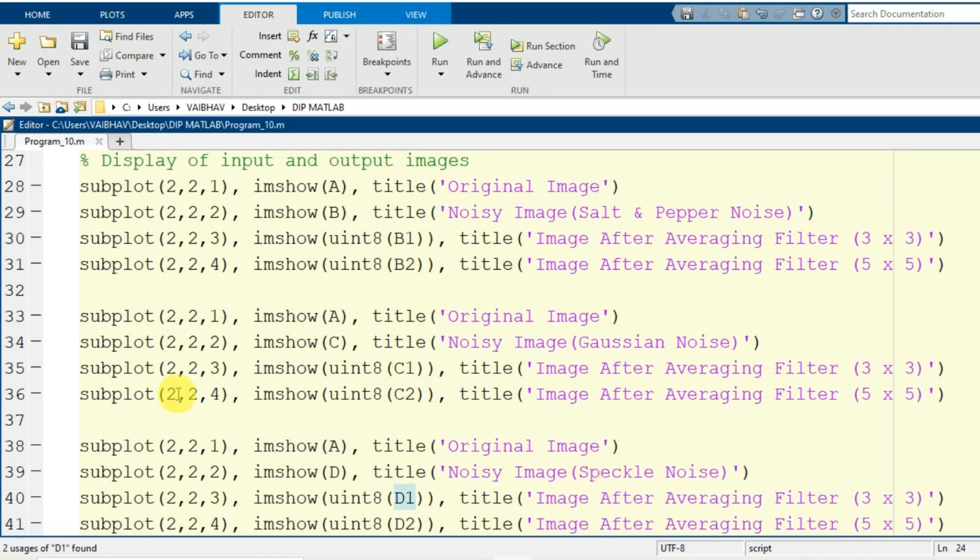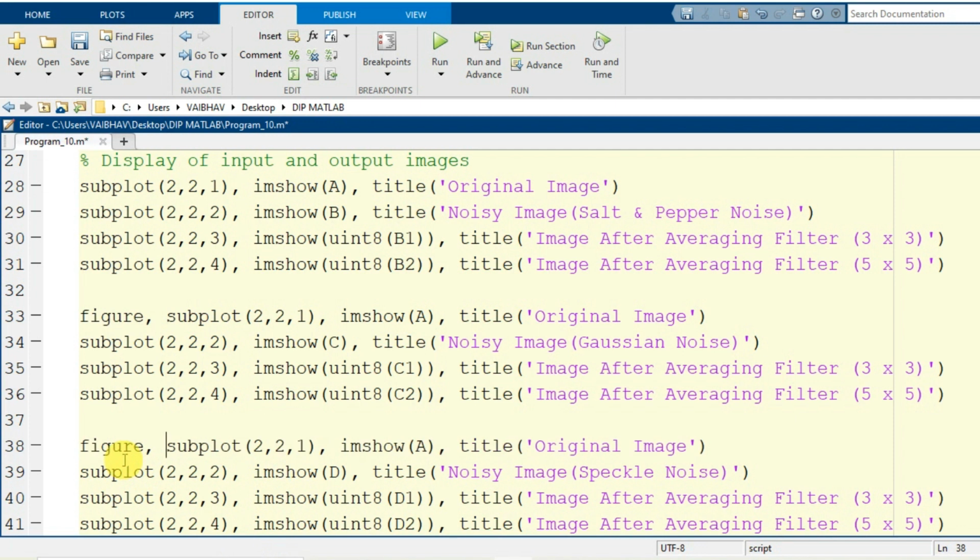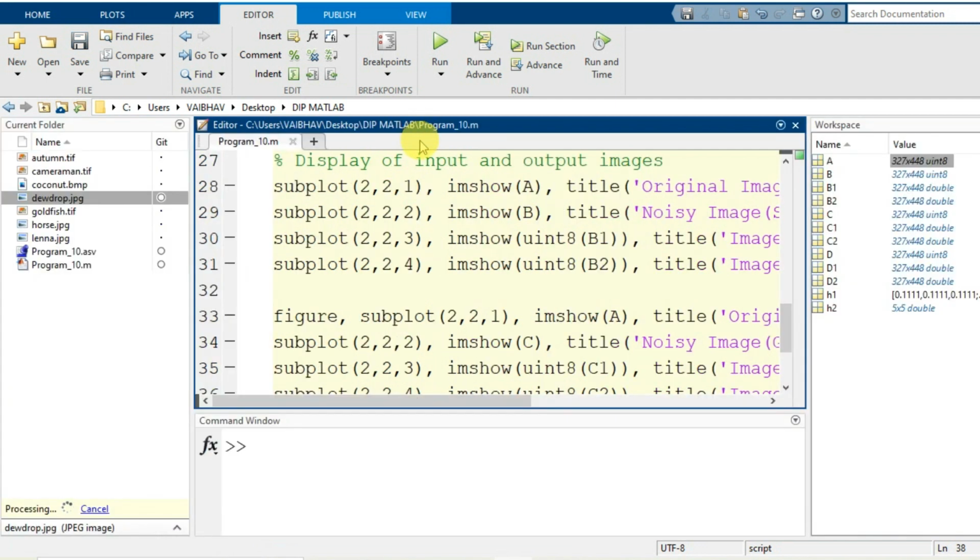So as we have here three subplots, the subplots should be there in separate MATLAB windows. That is why I must use the syntax figure before the second subplot and the third subplot here. Saving the changes, getting back to the default view and running this particular program.